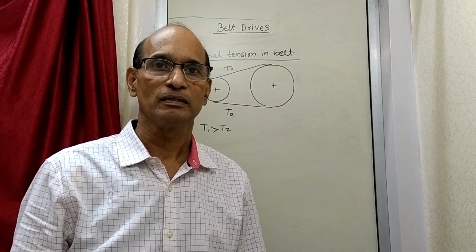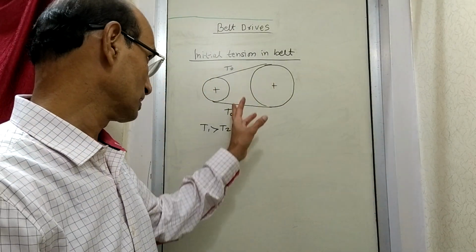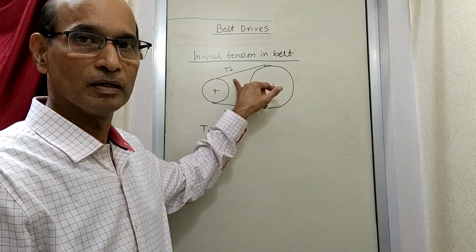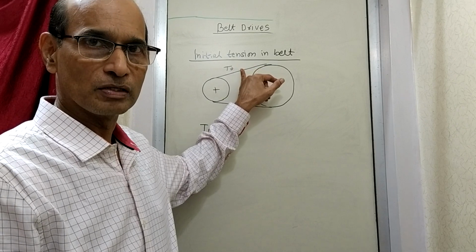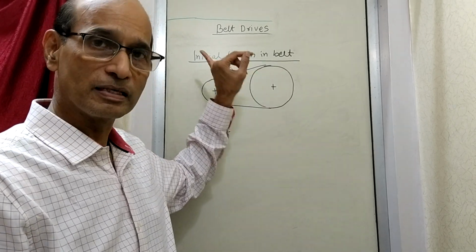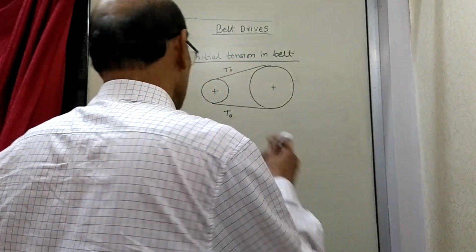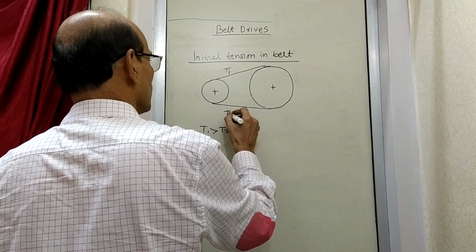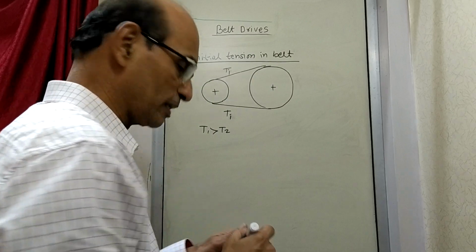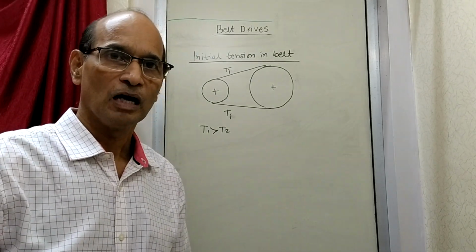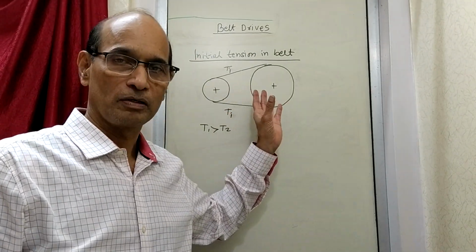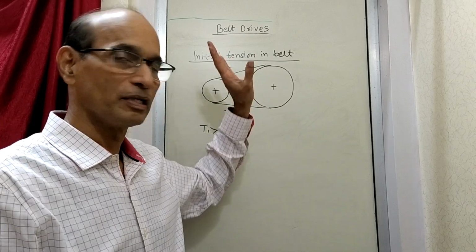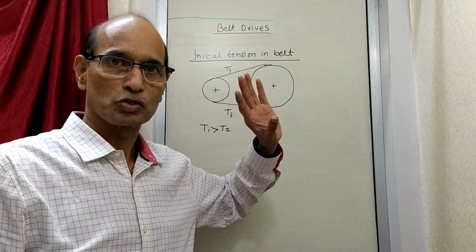You might say that there is no tension at the start. See, T0 doesn't mean 0, it's just a notation. This is the initial tension. So this initial tension is existing there. I will in fact write Ti, I for initial tension, which is existing at the start. And how much it is, that we have to find out. First of all, why it is there? Somebody will say that there is no tension in the belt at the start, but it is not so.